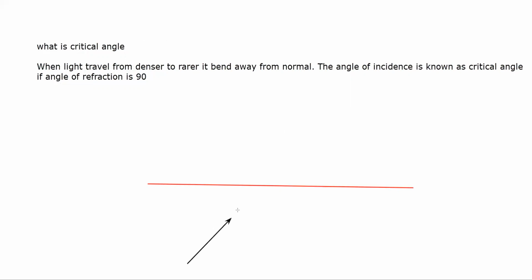So the light which strikes the surface will bend away from the normal. This is the light which is refracted. If I draw the normal, the normal is always perpendicular to the surface. So what is the angle of refraction here, moving from water to air? 90 degrees. So when the angle of refraction is 90, the angle of incidence is known as the critical angle. This angle of incidence can be any number. For example, if it was 42, what is the critical angle here? The critical angle is